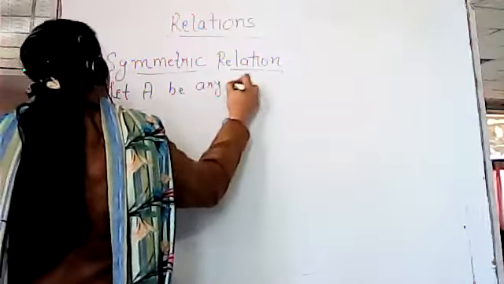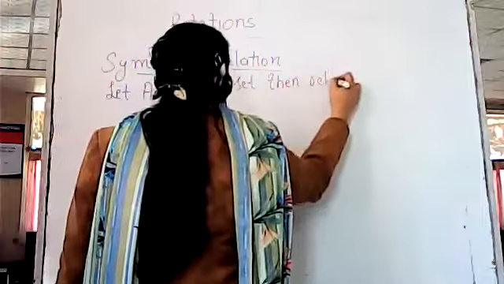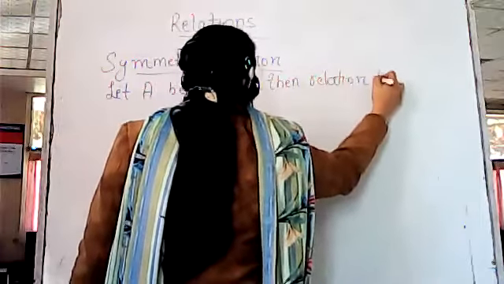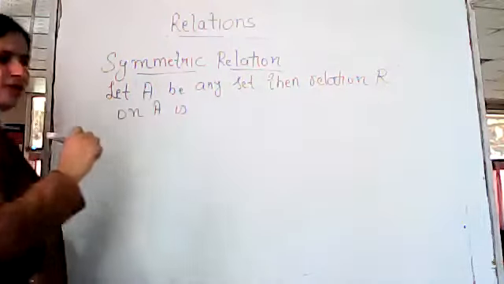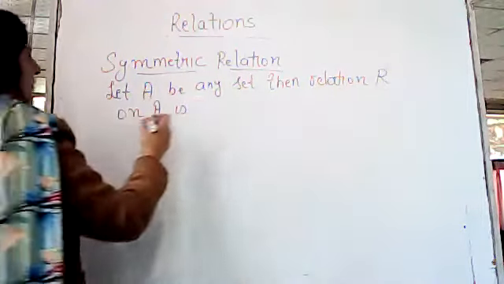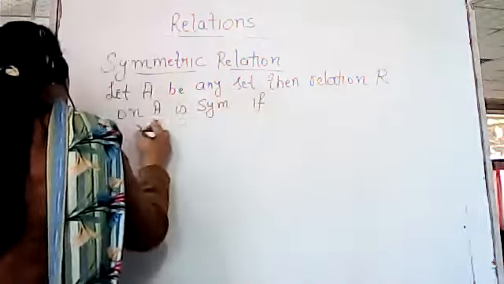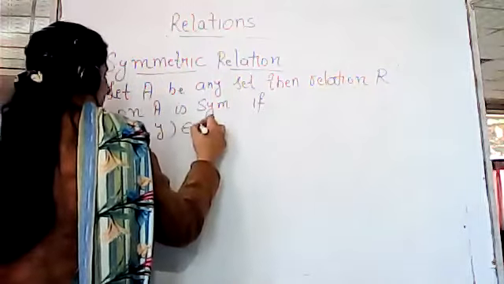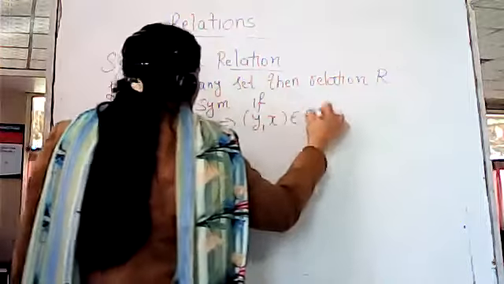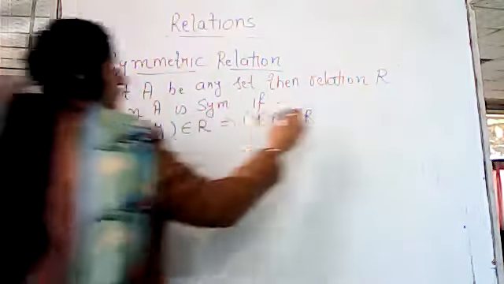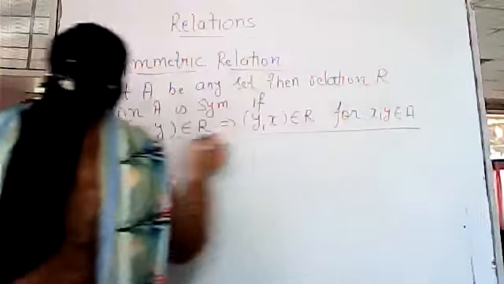Suppose we have given a set A, and we define a relation R on set A. Then R is said to be symmetric if x comma y belongs to R implies y comma x also belongs to R, for x comma y belongs to A. So this is the condition